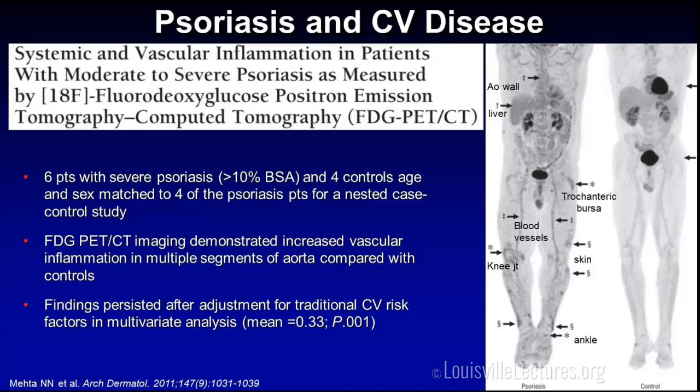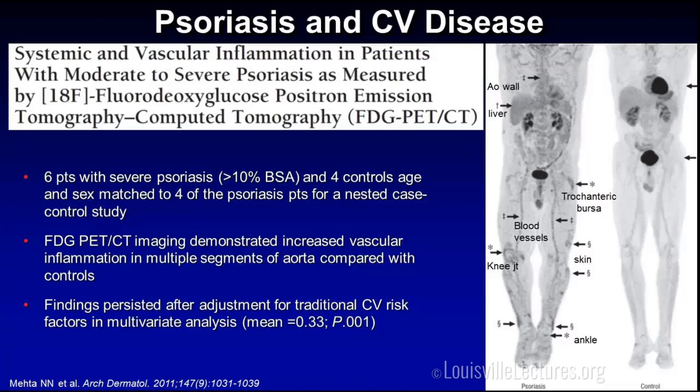It was also diffusely throughout the liver and in numerous areas of joints, the trochanteric bursa, the knee joint, the ankle. And granted, these are patients who had absolutely no musculoskeletal symptoms. So this is really proof of the concept that psoriasis is in fact a systemic inflammatory disease, and to treat it appropriately, especially in patients who have moderate to severe disease, we need to address it as a systemic inflammatory